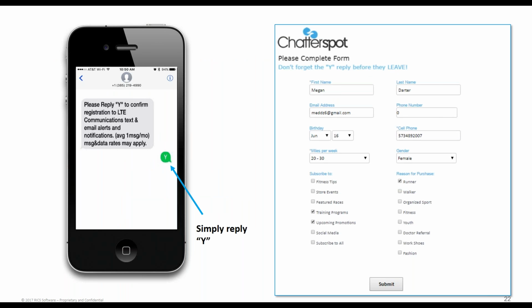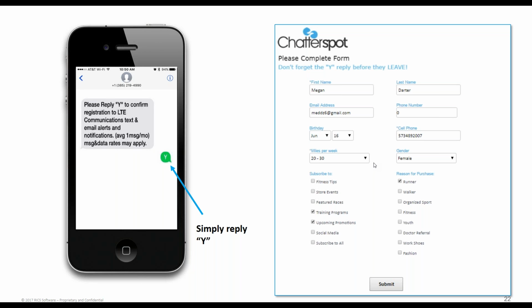Now, this is a typical profile page for a customer. Patrick already talked about how to input first name, last name, email, etc. The reason I'm showing this is to show you that there's additional data points that aren't in RICS that we can collect in ChatterSpot to further be able to target and segment your customer database. So an example, if you want to send out a happy birthday message, we need to collect their birthday. We could do gender messages, male, female. This one's pretty interesting, and I'll jump into it a little bit further, but we collect how many miles they run per week. I'll explain that in a few minutes why, but there's a powerful reason why we would collect